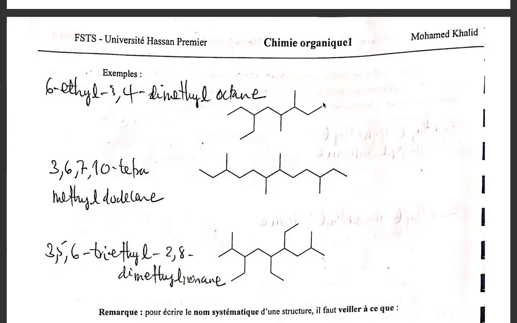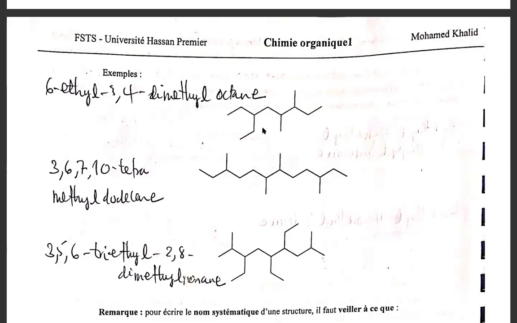So it's going to be 1, 2, 3. At position number 3, we have a methyl. At position number 4, we have another methyl. At position number 5, this is 6, we have an ethyl. Now, the question would be, normally, we are supposed to go to the last one, which